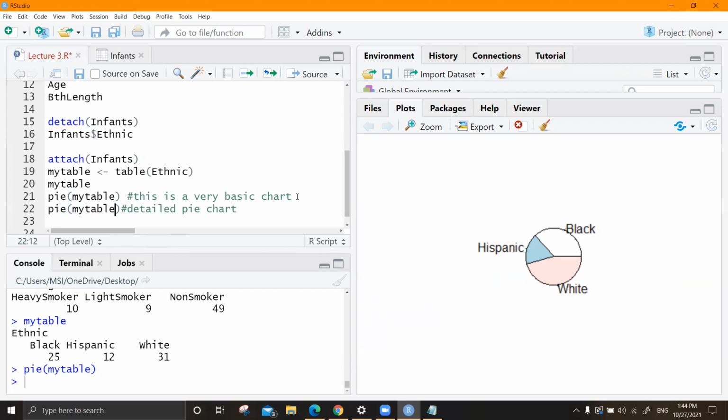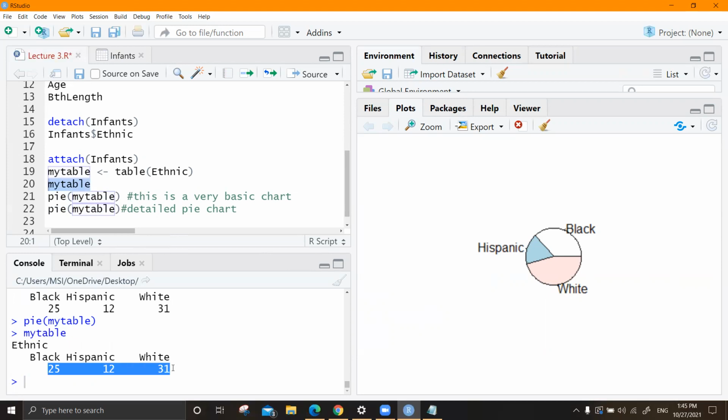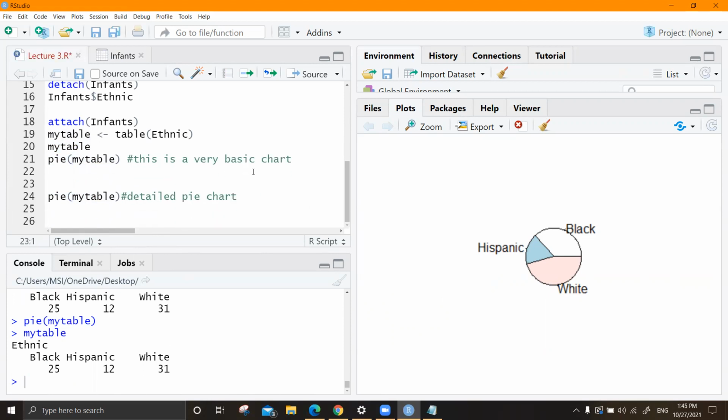So before that, I want to compute percentages, right? In this, what I have is the counts. Let's say I want to have them as percentages. So what I'm going to do is give a variable like this, percentage.